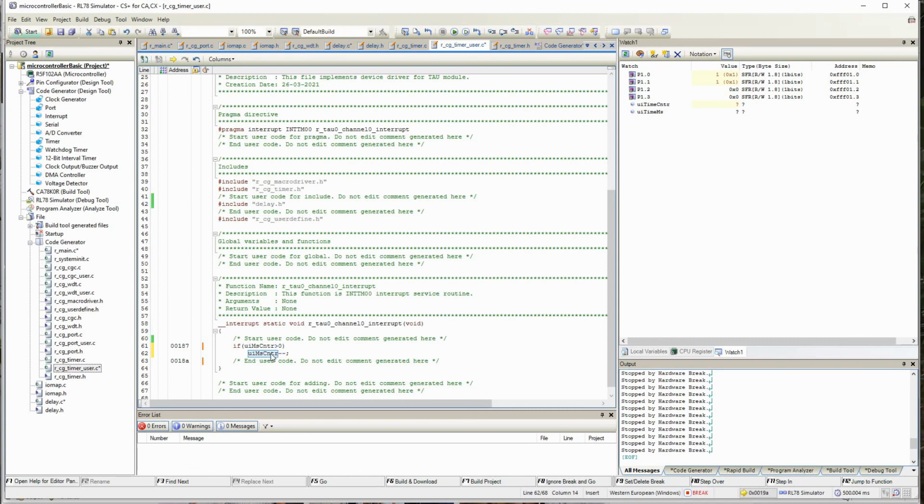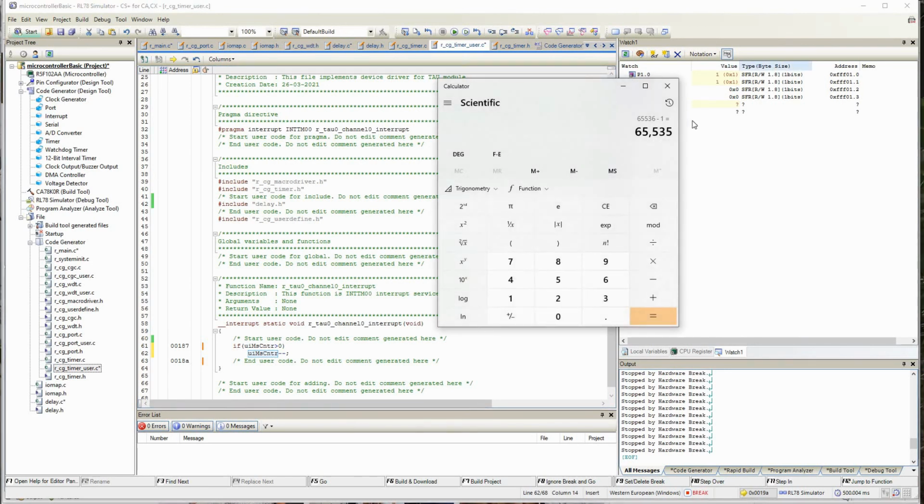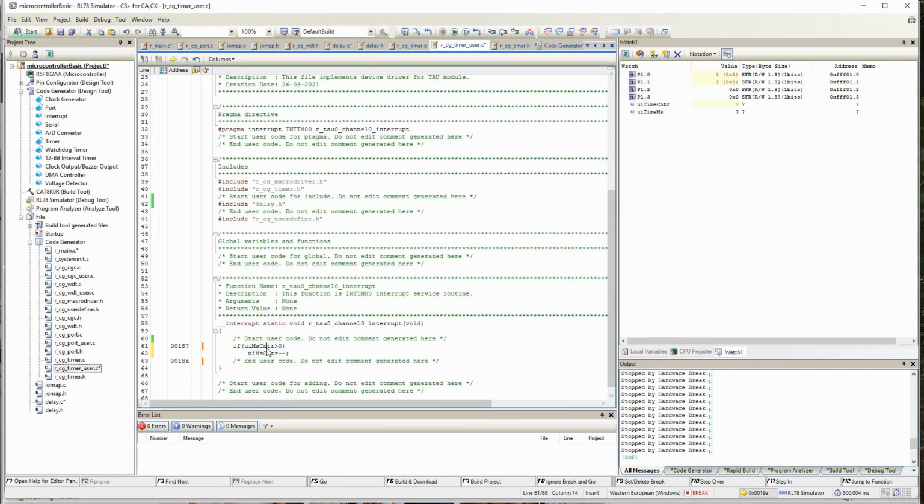And basically, let's assume it has come to 0 and you do a minus. If it is an 8-bit timer, it will go back to 255. And at 255, if you increment it more, it becomes 0. So it will roll over. It's not like it will go to -1, -2, -3, because it's an unsigned integer. Similarly, once it exceeds 65,535, it will become 0 again. So that is the reason I have this counter.